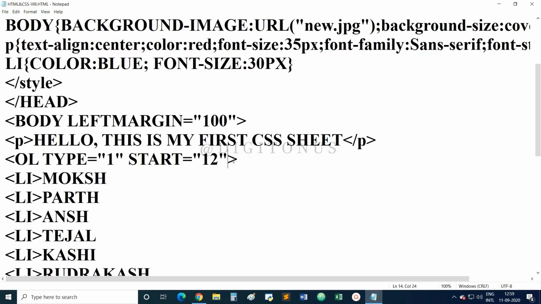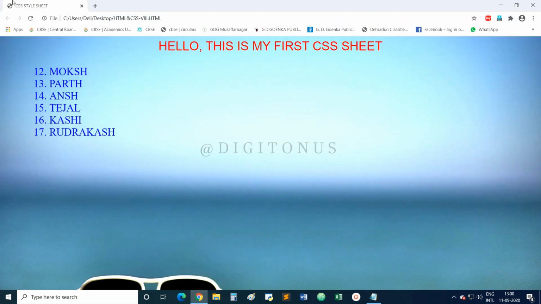Then we have learned, if we are displaying the list in alphabetic order, A, and we want to display the list from alphabet I, then we will again type the numeric value with the start attribute, that is 9. So it will start from alphabet I.